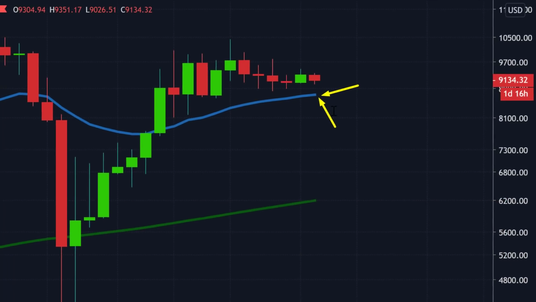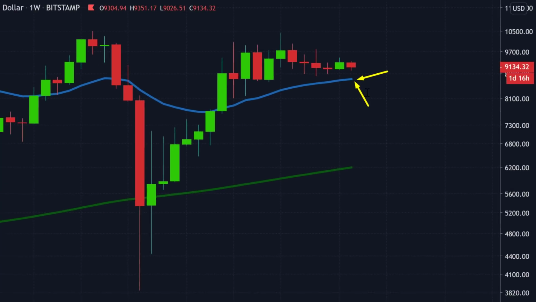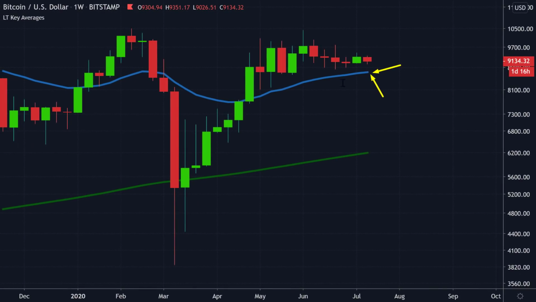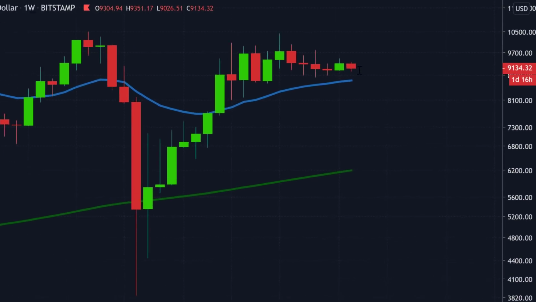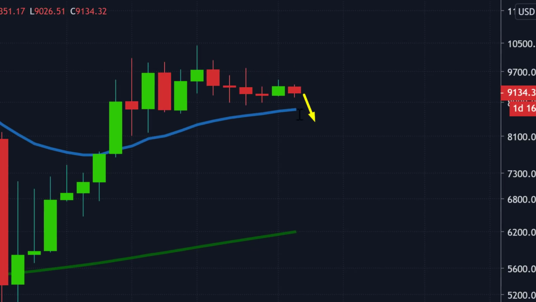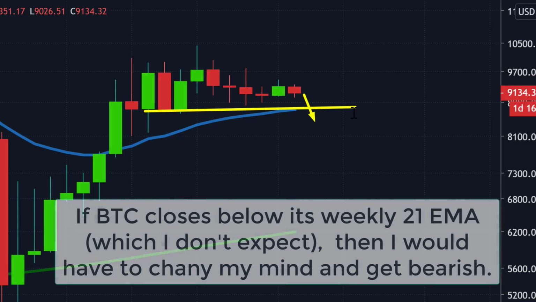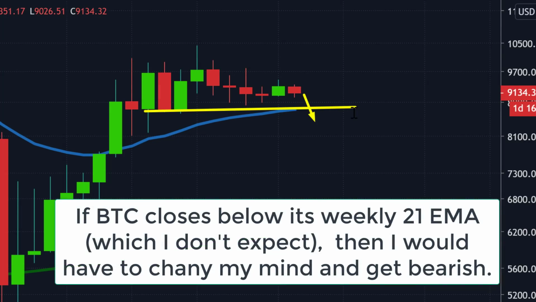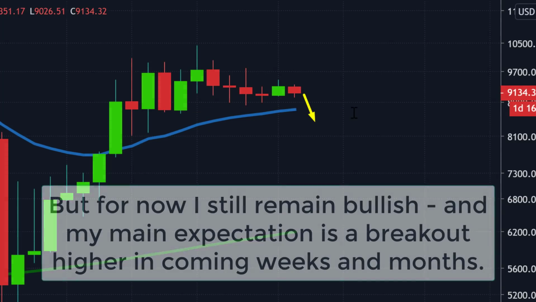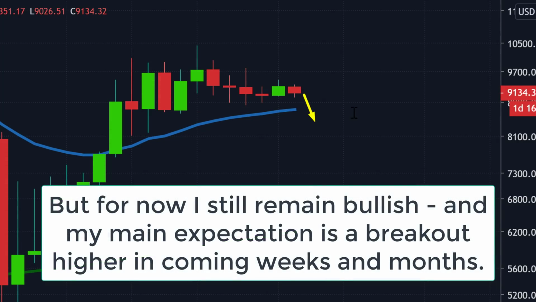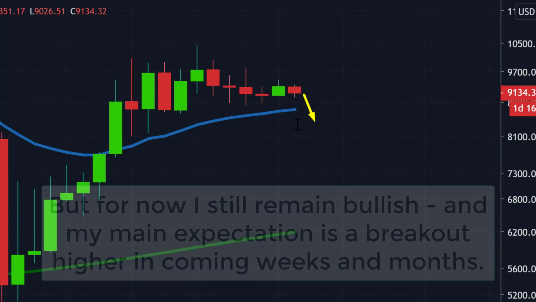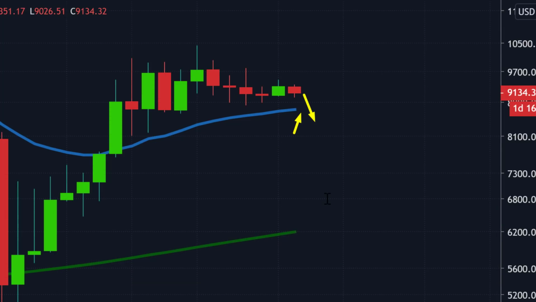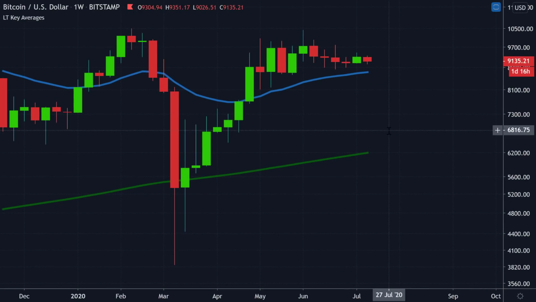All right, guys? Now, if Bitcoin were to drop below the 21 average, so in other words, if Bitcoin suddenly did this, if it dropped below the 21, this blue line, which by the way means it would have to also take out this support as well. I'm not saying it's going to do that, but if it did, then I would have to change my mind and become more bearish on Bitcoin. But for the moment, guys, I remain bullish on Bitcoin as long as we remain above this key level on the charts. All right, guys, I'm hoping this is very clear. That's the way I'm seeing things.